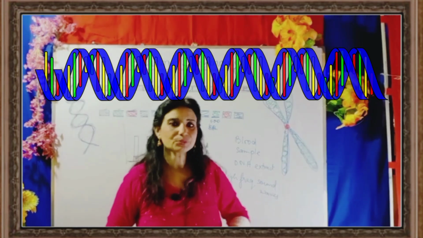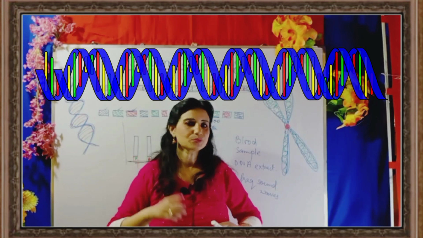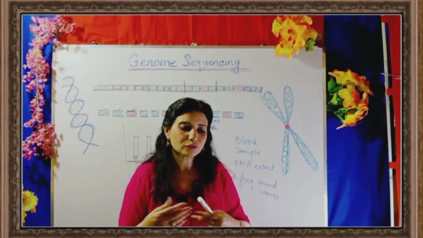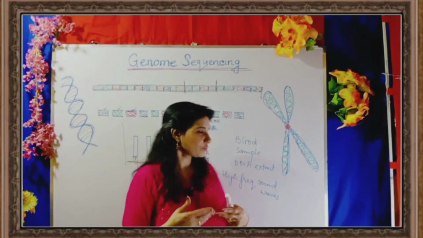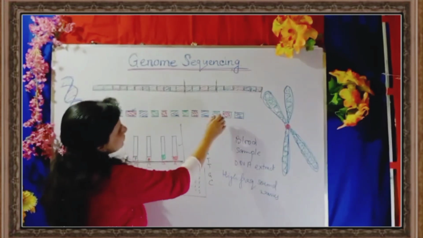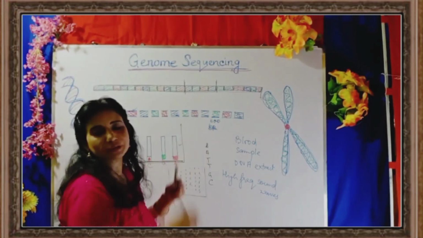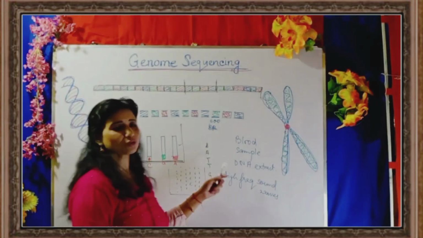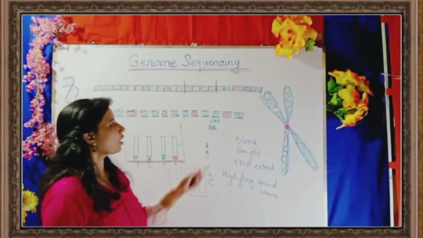When piecing together, the problem could be that there should not be gaps, but then again there could be overlapping. When these pieces were brought together, it could have happened that there was some overlapping of the sequence. That also is a problem. So this is an overall view I have given of how it is done.